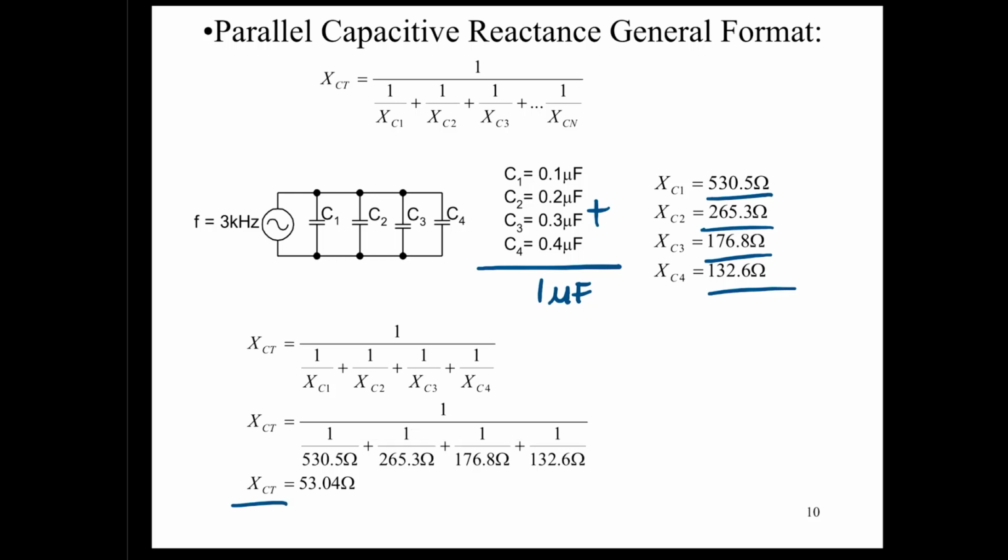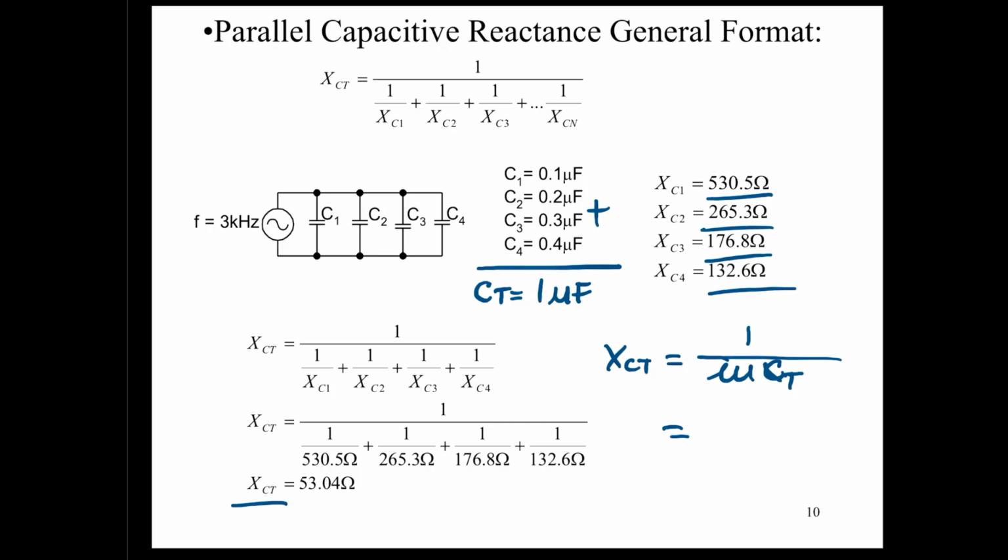And now, based on the fact you have a C total equal to 1 farad, you could determine your XC total as equal to 1 over omega C total, and then that would be 1 divided by 377, or no, sorry, 1 divided by